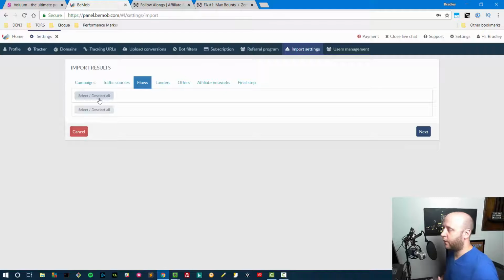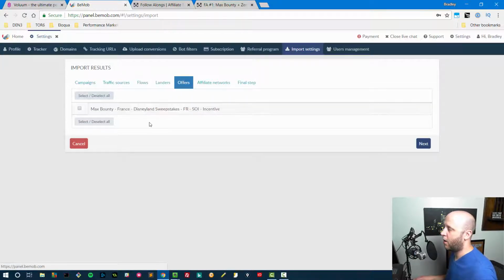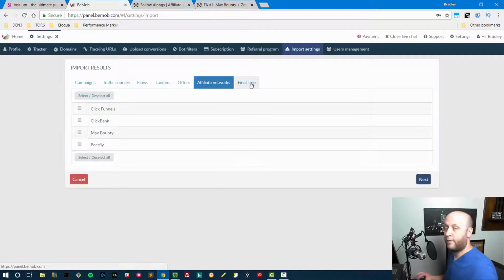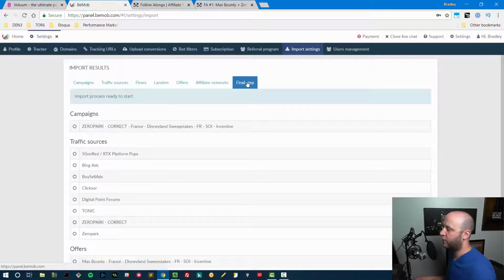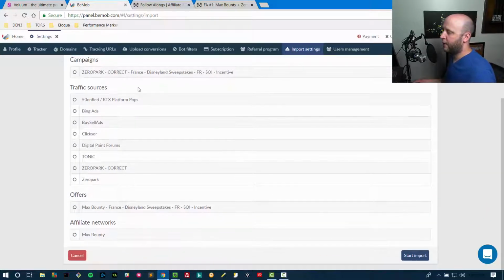But I don't have any flows set up right now in Volume. I can also import my landers if I have some, offers if I have some, and affiliate networks that I've input into Volume, and then I already mentioned traffic sources. So the final step shows me everything that I'm ready to import, and then when I'm done, I just simply hit